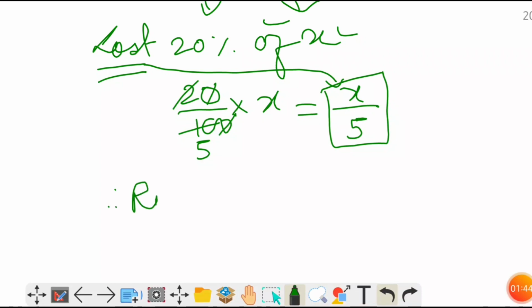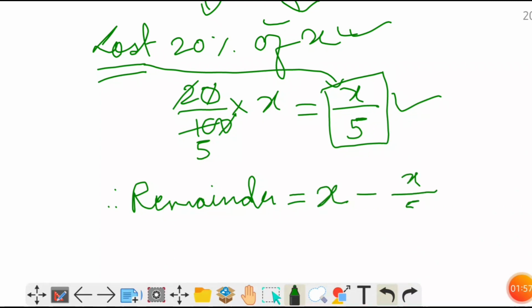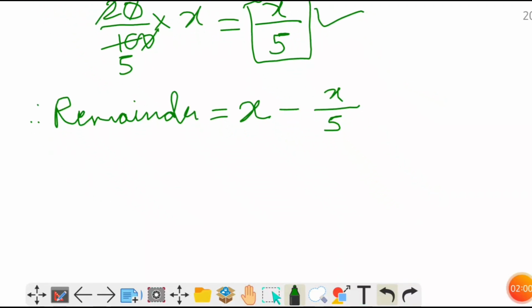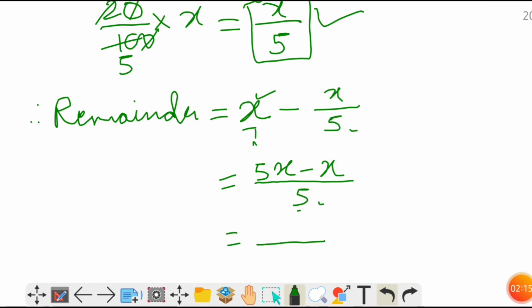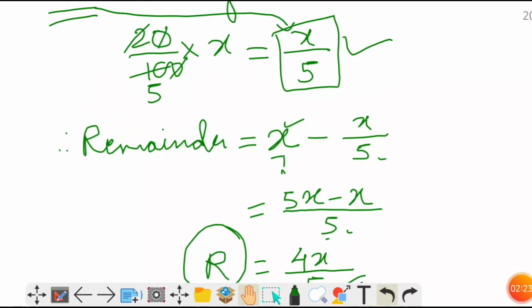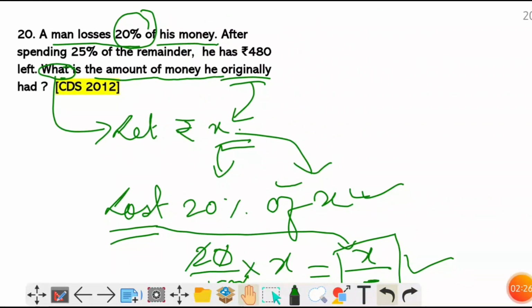Therefore the remaining money, that is the remainder he has in his hand: the original money was X and he lost X by 5. That means we have to subtract X minus X by 5. By LCM we'll get 5 in the denominator, and in the numerator we'll get 5x minus x, that is 4x upon 5. So this is the remainder he has after losing 20%, and out of this remainder